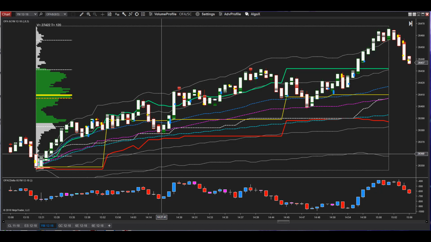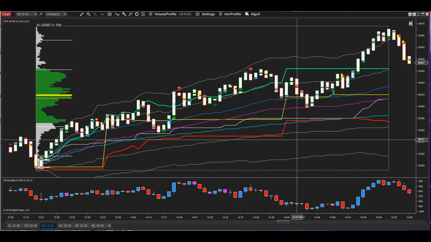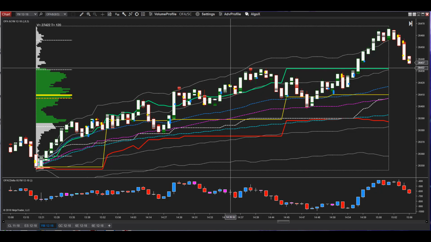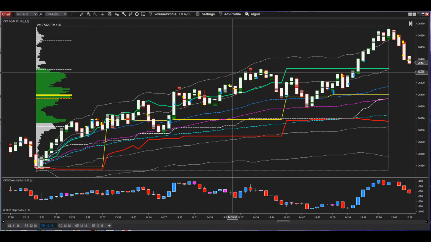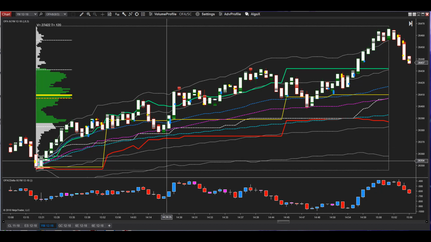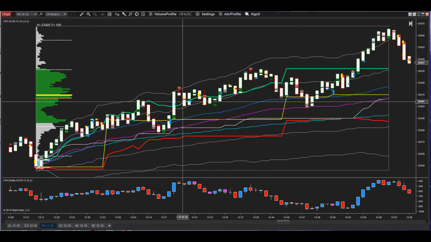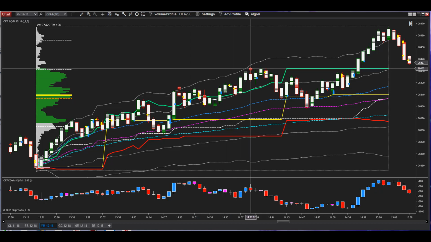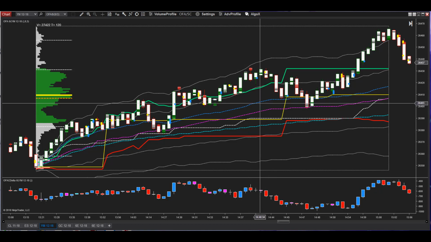It gives them a visual way of being able to keep track of and plan new strategies at different times of the day, at different times of the session for their instrument. It gives us more clarity for the standard deviation as to where, when it's anchored from here, we can see when it's tested, does it break the upper standard, does it stop and reverse at the upper standard deviation 2, etc. And it gives us more confidence in building and tracking the profile elements that we can use for our